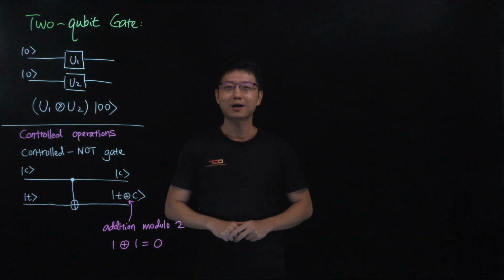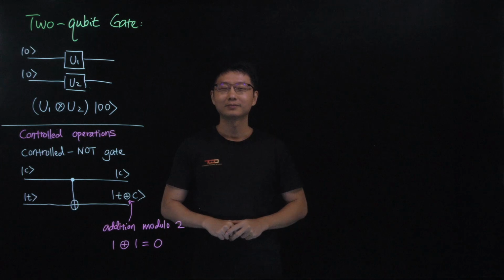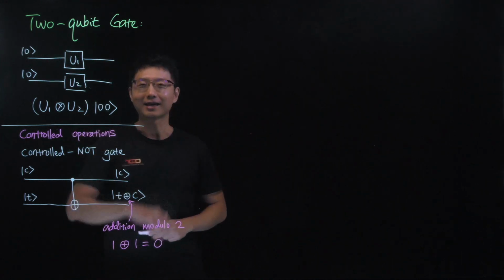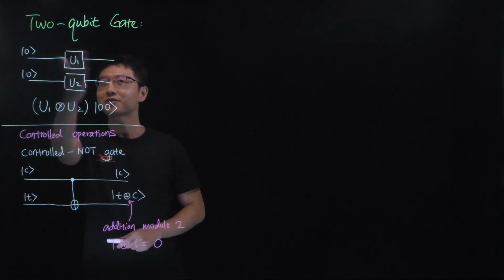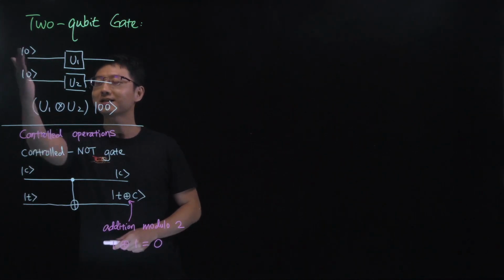Previously, we have talked about single-qubit gates. Now let us look at multi-qubit gates. We will start with a two-qubit gate. For example, here I have drawn a circuit representation of a two-qubit gate where the input states are initialized in